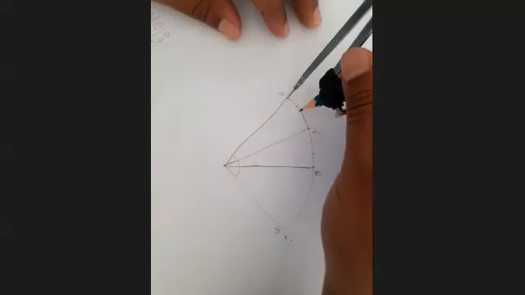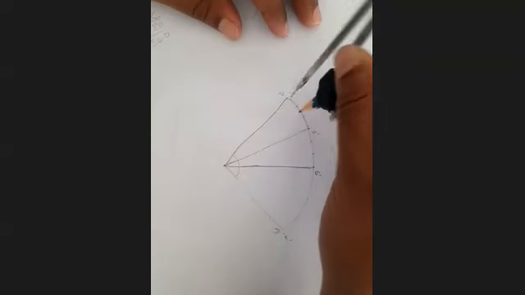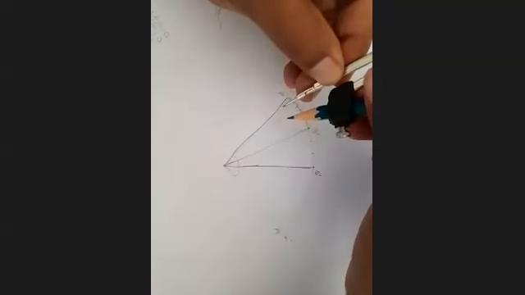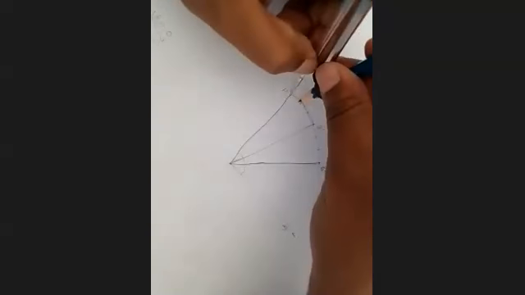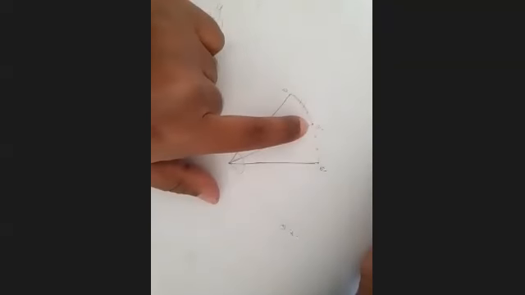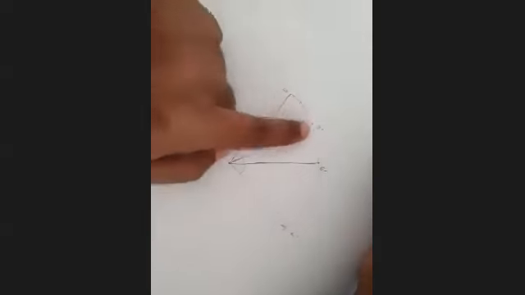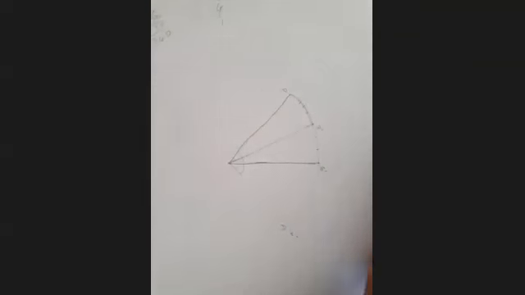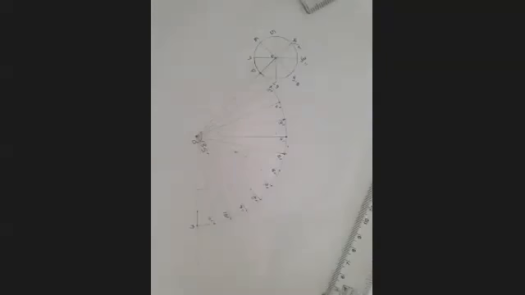With P as center, cut the arc. Next, with the same radius, with that point as center, you cut the arc. Next, see it is exceeding. So that means you are supposed to decrease your radius and keep on trying like that. The third arc should cut at 3 dash. That is your division length, and it will be the same throughout your arc. You keep on cutting the arc, you will get 12 divisions. Is it clear? Clear or not?